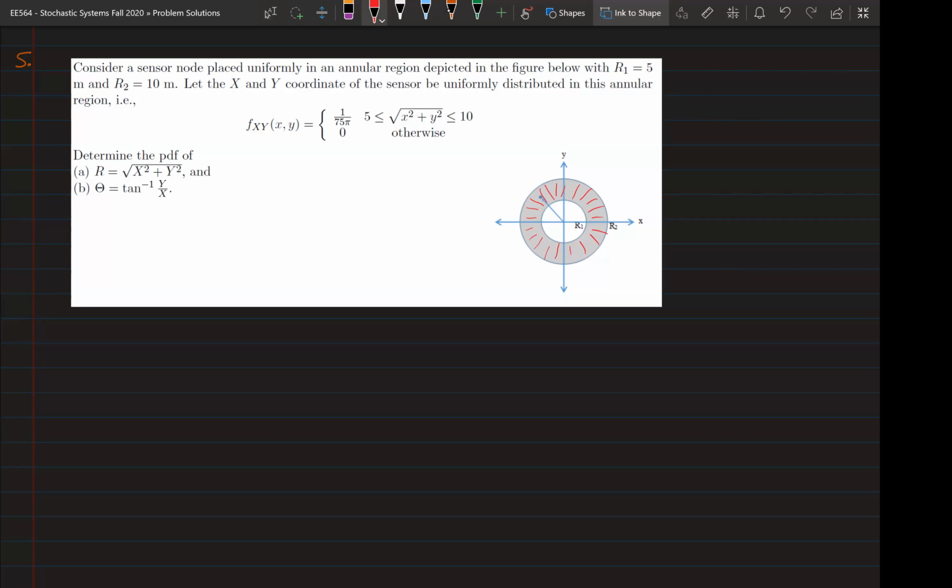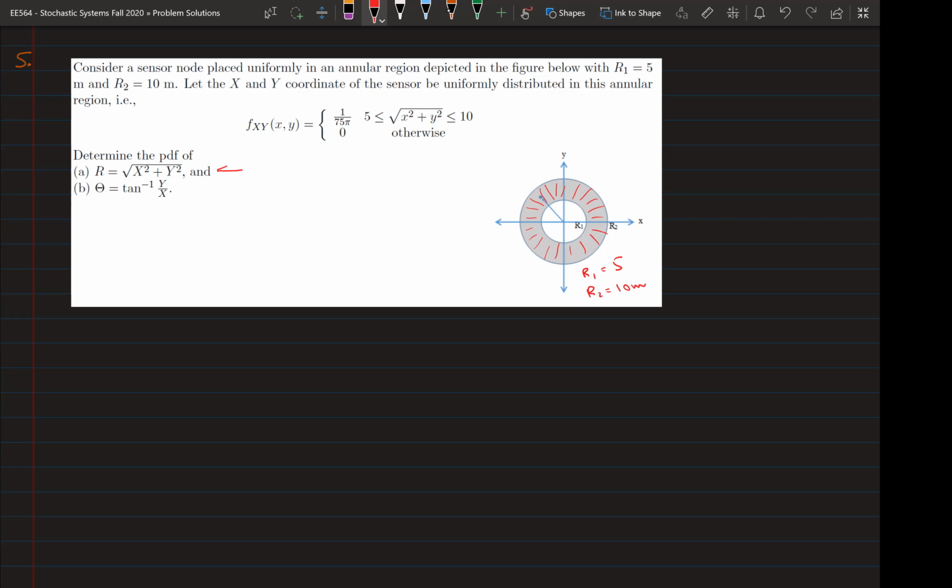I know that the inner boundary is 5, so R1 is equal to 5, actually 5 meters. And R2, the outer boundary, is 10 meters, okay? And now I want to compute, let's say a body or a robot, for example, a sensor in this case. This is actually a problem that I looked up while I was reading one of the papers on sensor networks. So the sensor is uniformly distributed inside this annular region, and we're required to find the PDF of